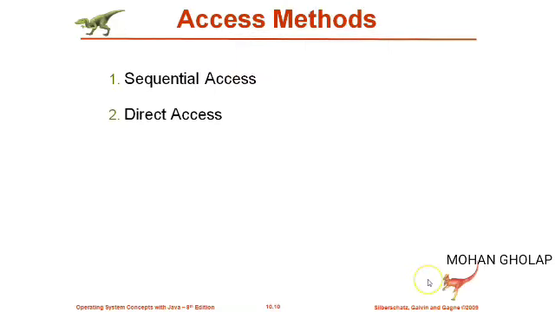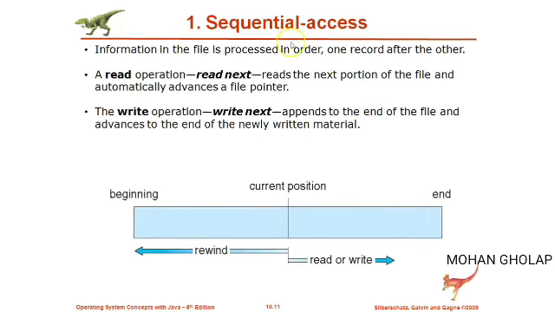So next we will see the access methods. What are the different methods by which you can access a particular file? Mainly there are two methods. The first one is sequential access and the second one is direct access. Let us discuss these one by one. First one is sequential access. As the name itself indicates, accessing the contents of the file is carried out in a sequence. Means here the information in the file is processed in order, that is one record after the other,